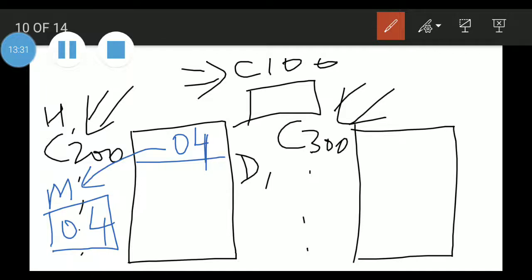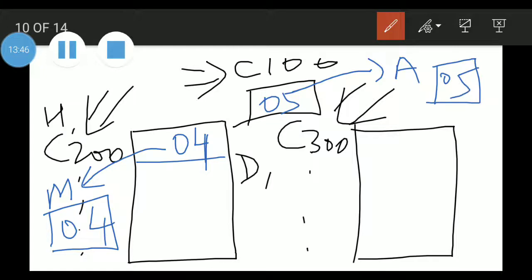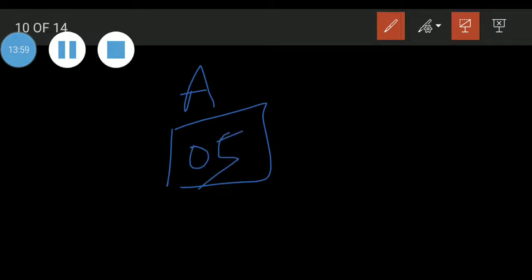First, remember this. Whatever is there here, we use LDA, so by default that is in the accumulator. Suppose I specified my size 05. 05 will be present in the accumulator. So we need to move this into some register, as a counter.